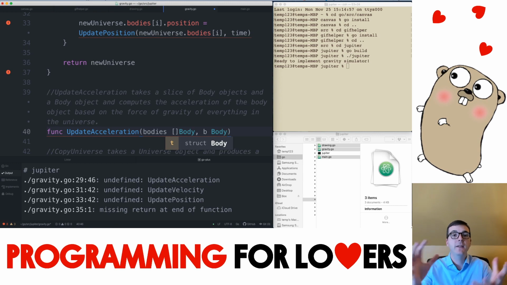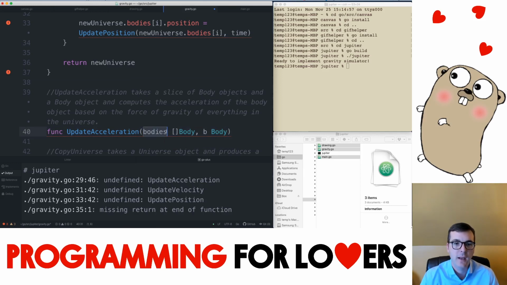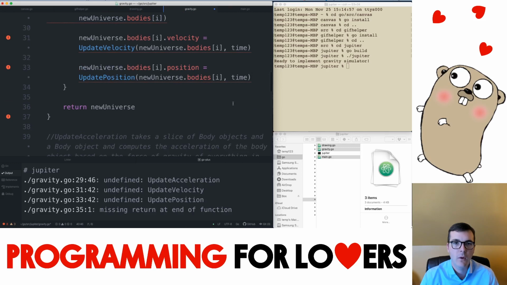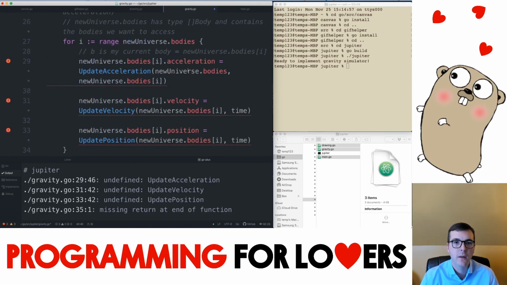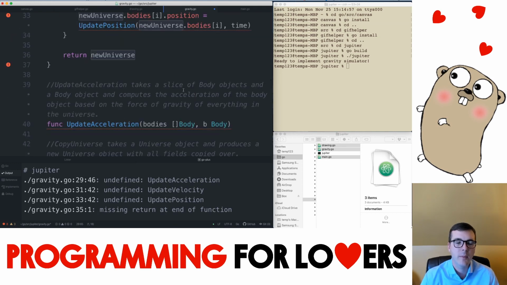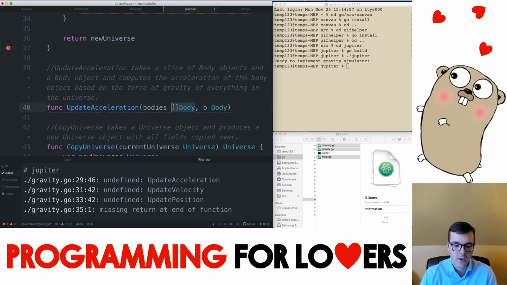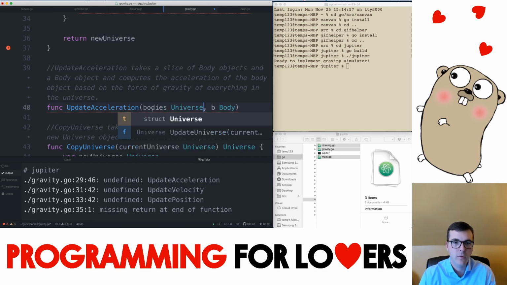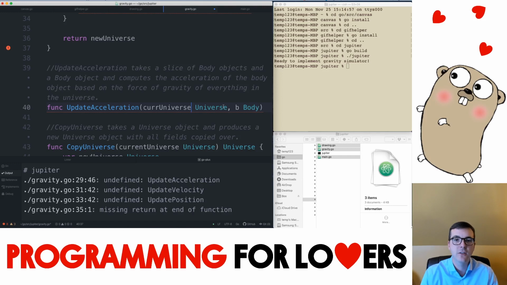So it's going to say, based off of the force of gravity of everything in that slice, what's the net acceleration that is contributed by all of these bodies exerted on B. All right, and up here, I've represented update acceleration as taking the bodies, because the width parameter for the universe isn't important. Or I could have just taken the universe here, current universe, something like that. But I like having access to only what we need. So in that case, I'm going to undo that and say that let's take bodies as a slice of bodies